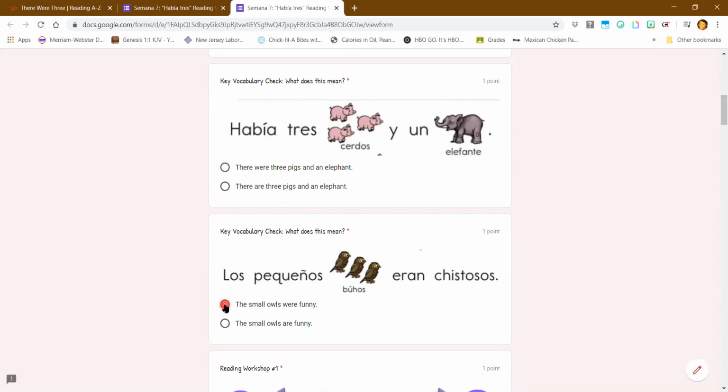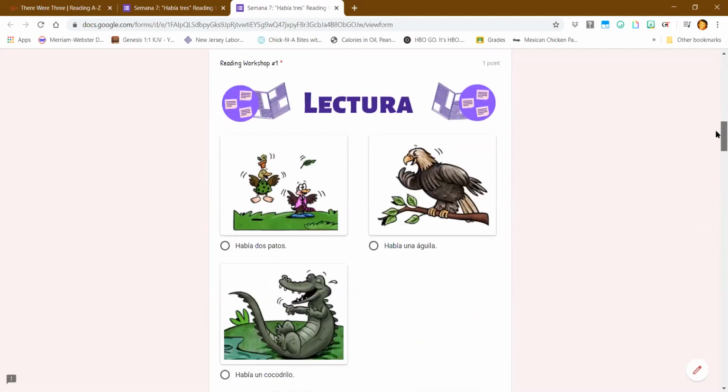The small owls were funny. The small owls are funny. Okay. Reading workshop number 1. Remember, listen as I describe one of these pictures. Pick the picture I'm describing.